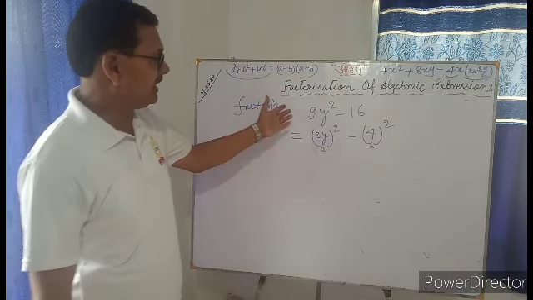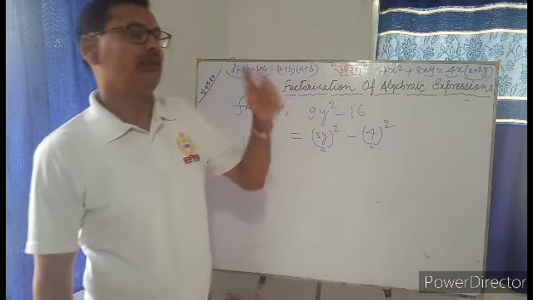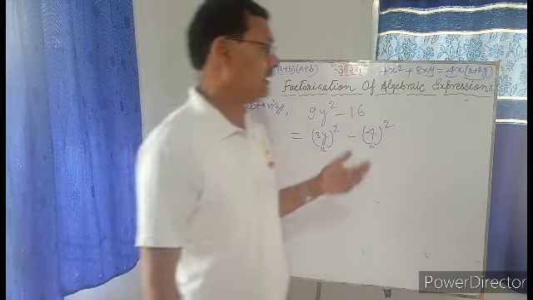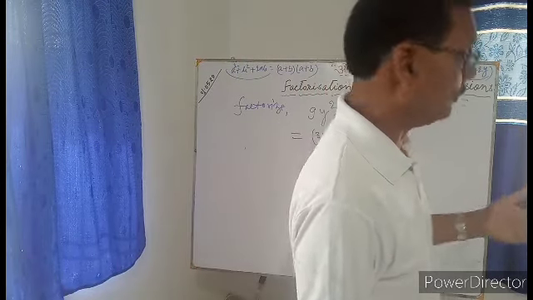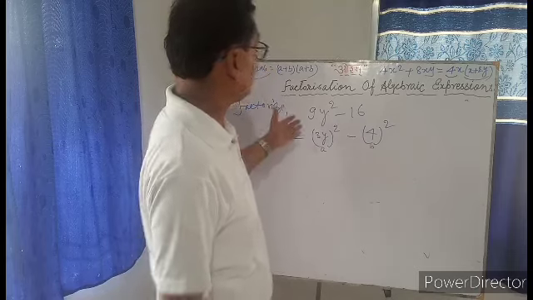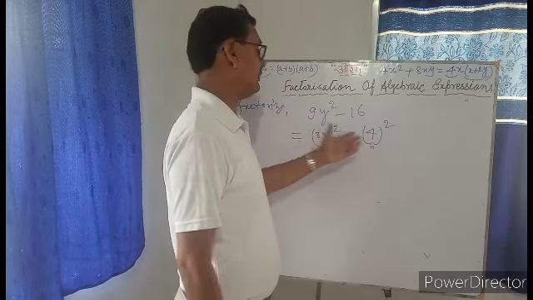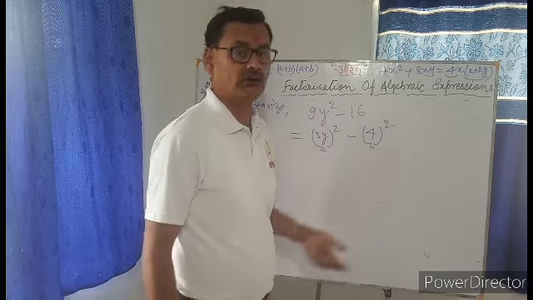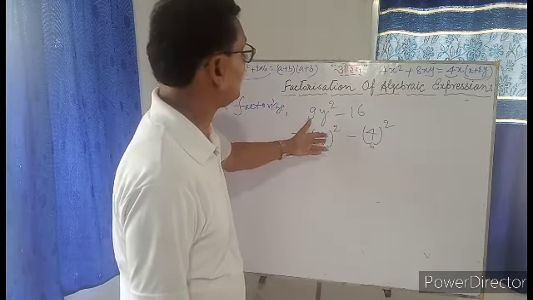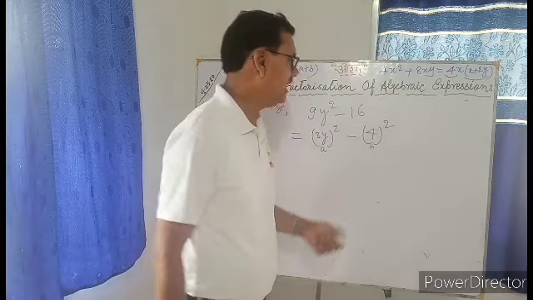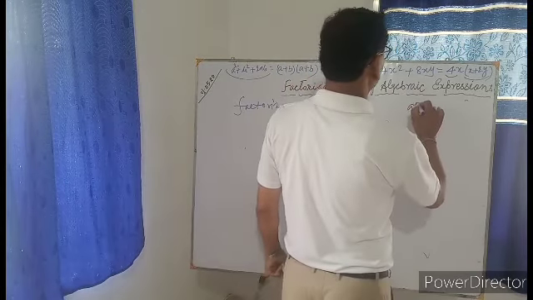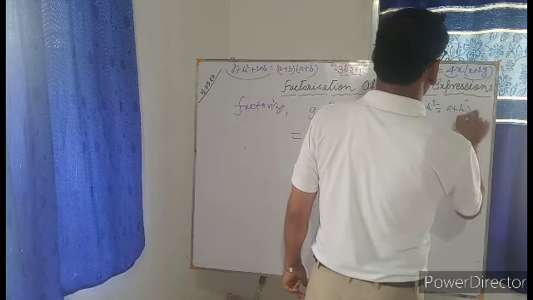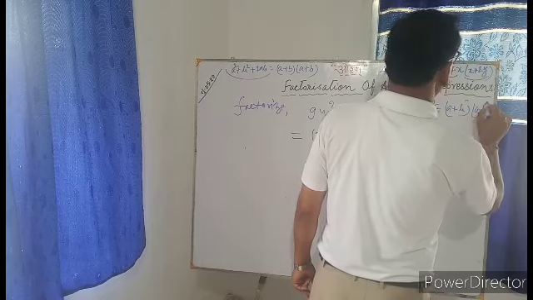ओके, जहां भी आप दो term देखोगे और बीच में minus हो, तो दिमाग में लाना है कि a square minus b square पर हो सकता है. तब a square minus b square पर डाल के देखेंगे, a और b का पता करेंगे. a हो जाएगा (3y) whole square और b हो जाएगा 4 का whole square. Now it is a square minus b square, okay, and now you know the formula a square minus b square is equal to a plus b into a minus b.